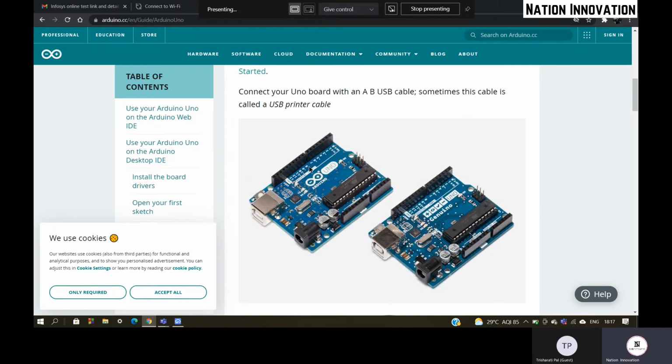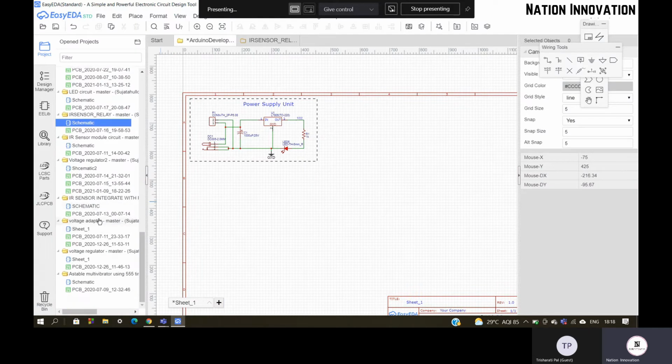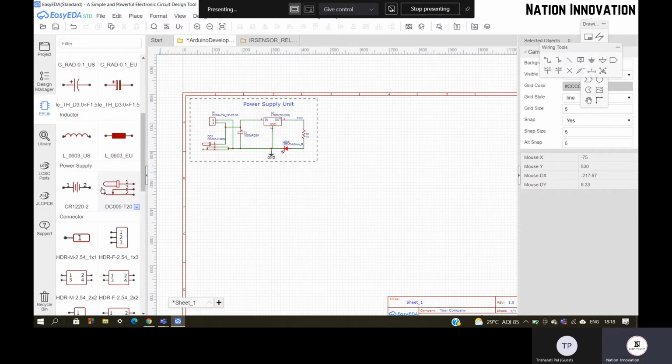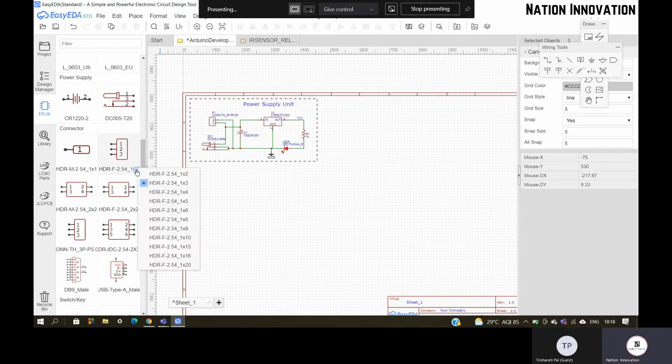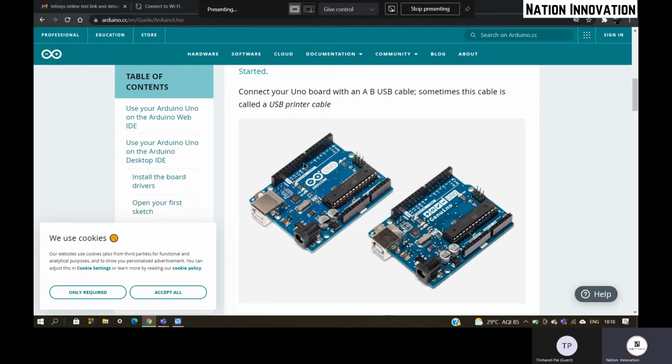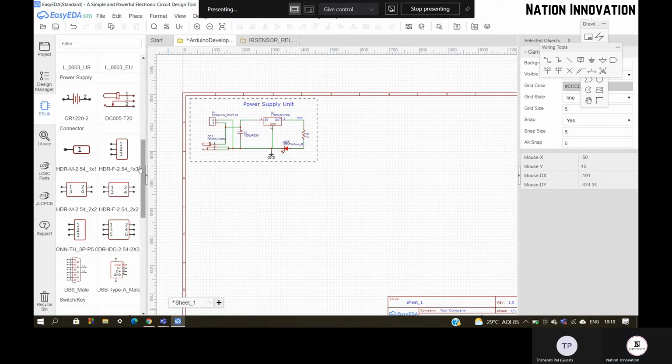Now I need these analog and digital pins. There will be 14 digital pins and 6 analog pins. These are not header files, they are female headers. So we will select the headers from my e-library. There are headers of size 0 to 7 and 8 to 13. So I will select from 1 cross 8